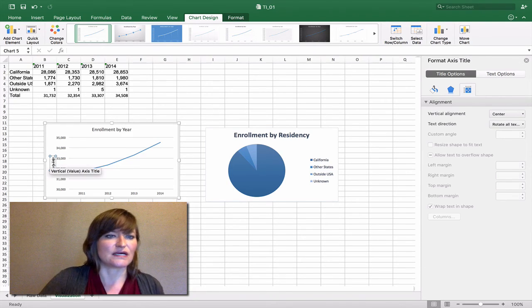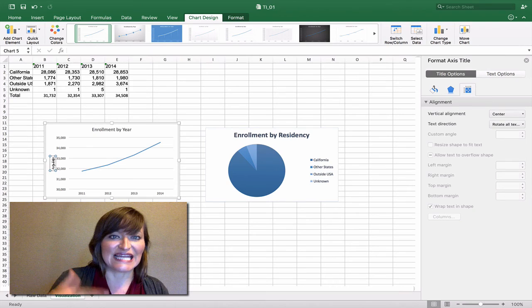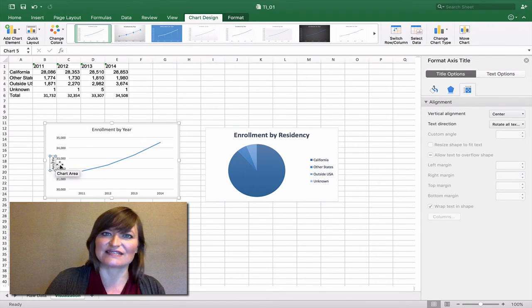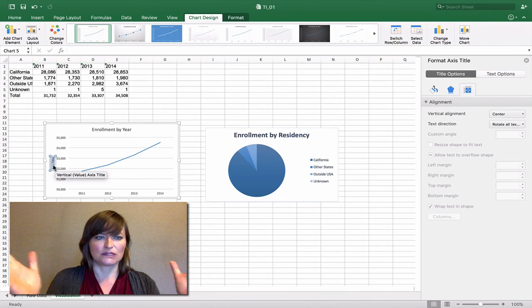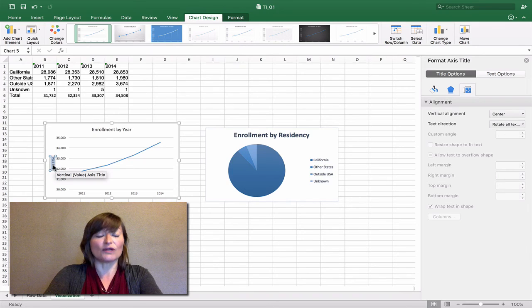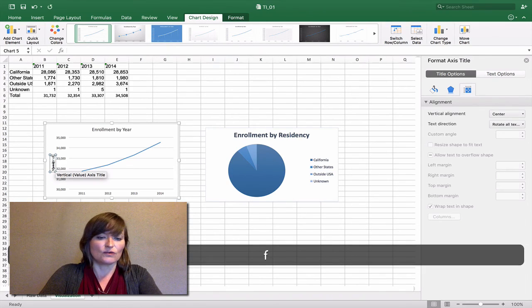So I need to select that data. If I single click, my cursor is then active in that text box. If I double click, it will select one word. If I triple click, it will select the whole text box, all of the text, and then I can just type to replace it. So number of students.